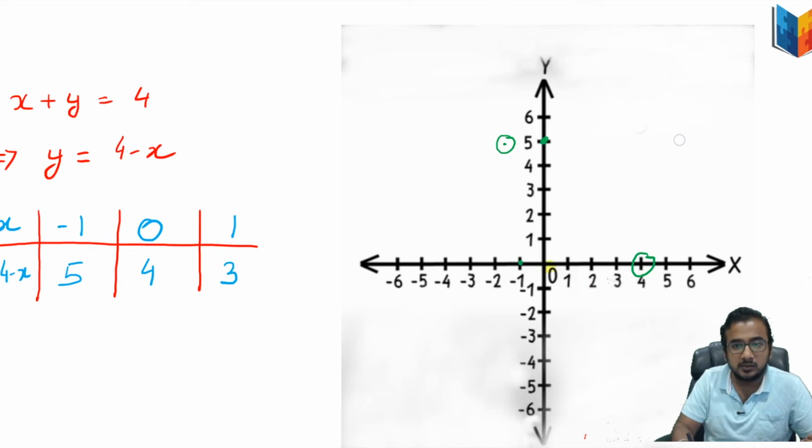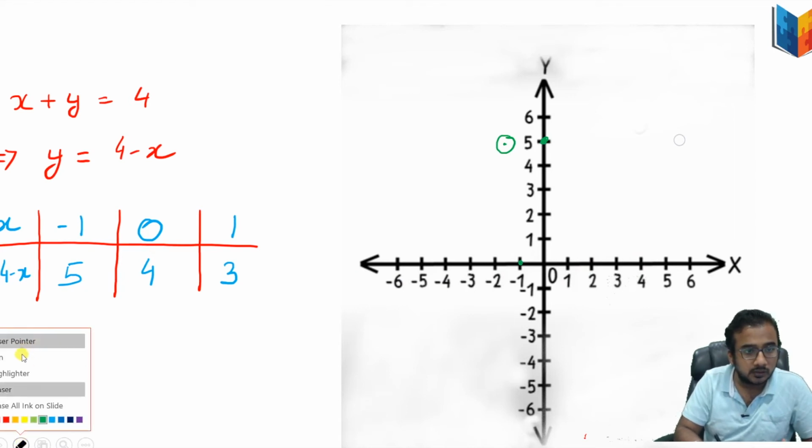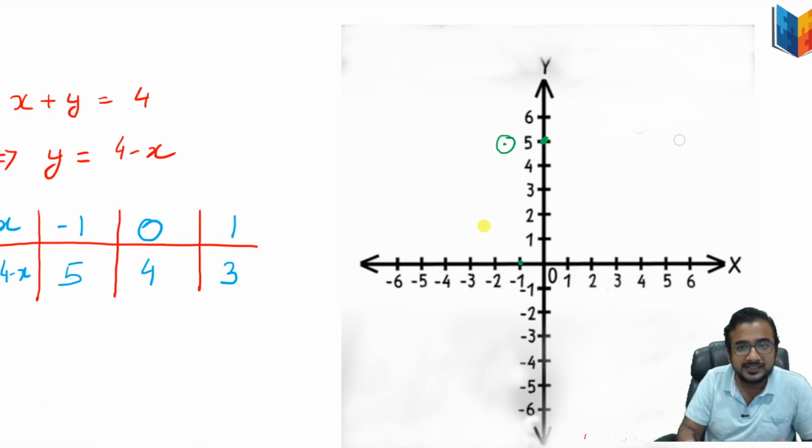So here I made a blunder mistake. This mistake you all have to understand, it is not meant to be. Okay, so over here, I will make, so it said when x is equal to 0, y is equal to 4, and now when x is equal to 1, y is equal to 3.